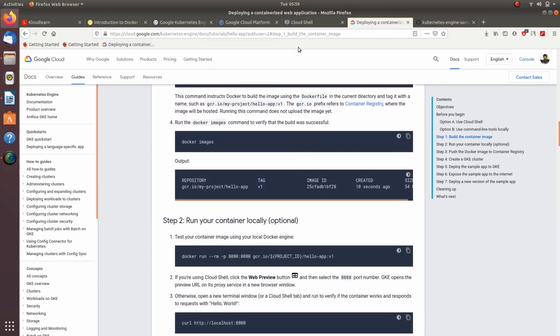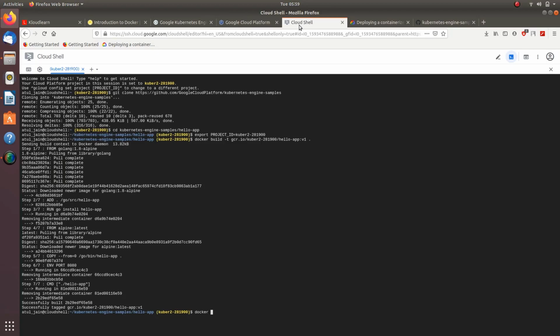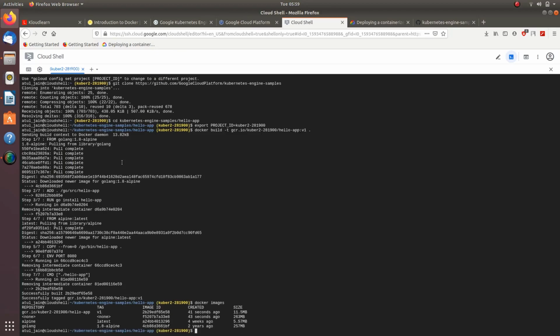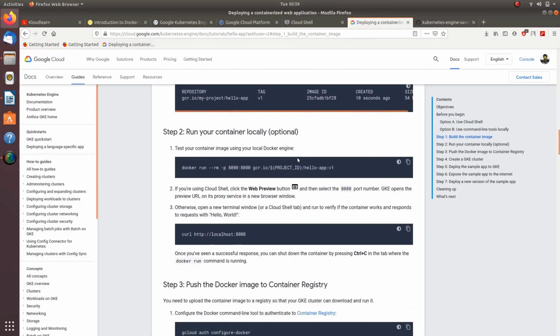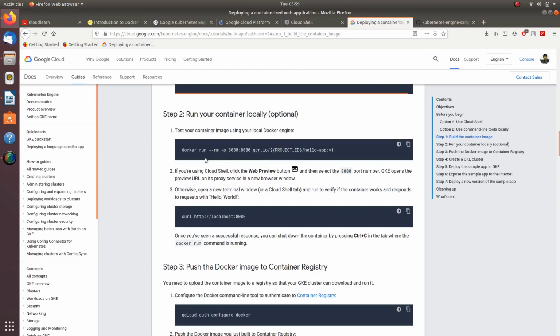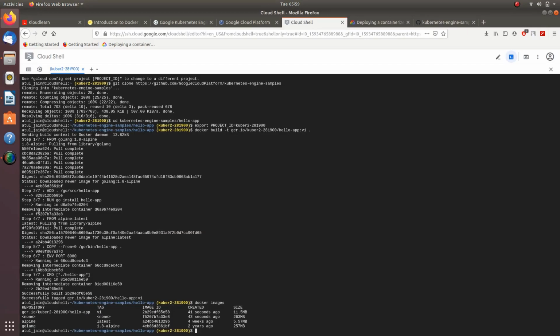So if I check here, like docker images, I'll be able to see my image here, gcr.io kuber hello app. Now the next step is to run your container. You can run it and see the output. It's docker run, tell the port number, that is 8080:8080 port number,